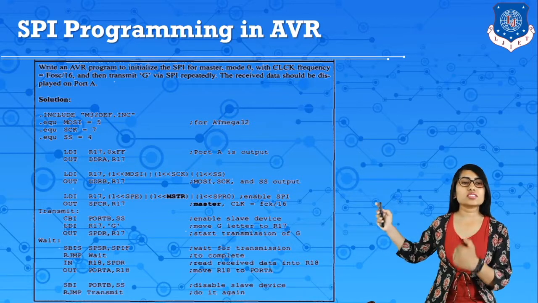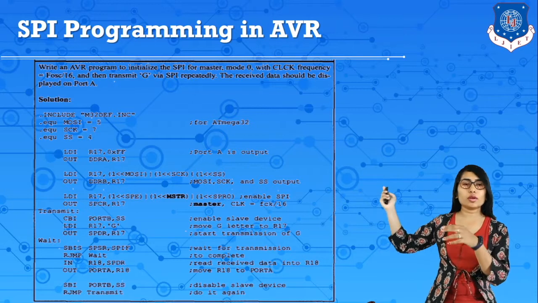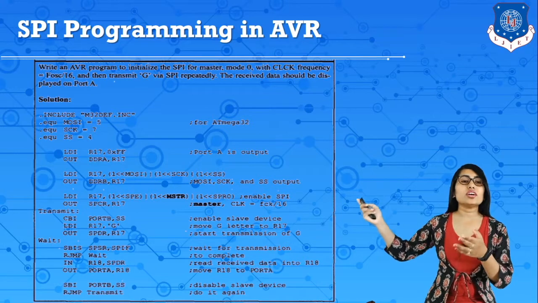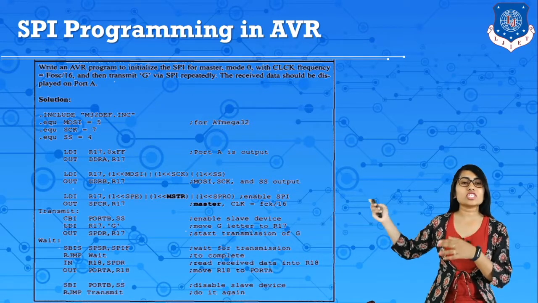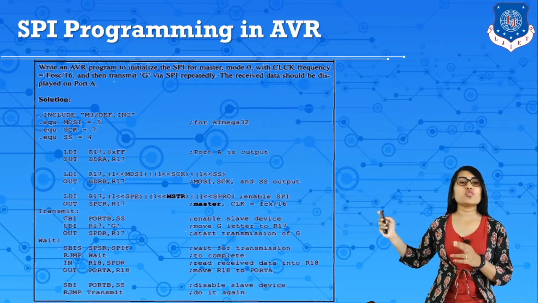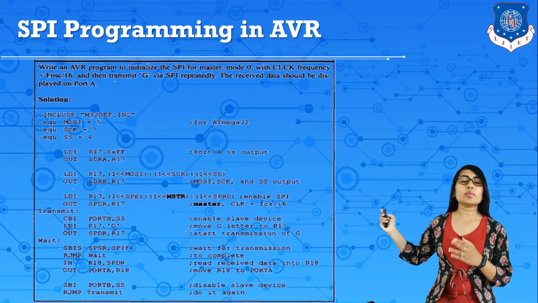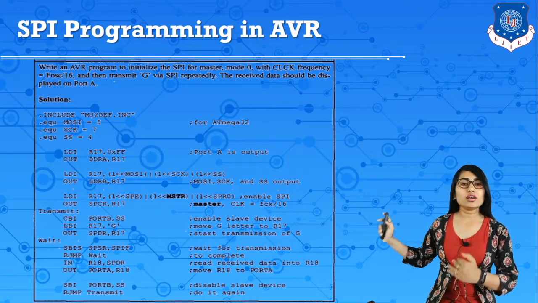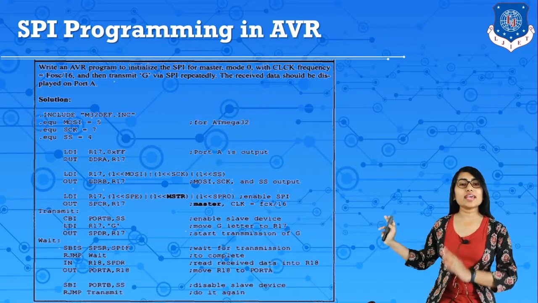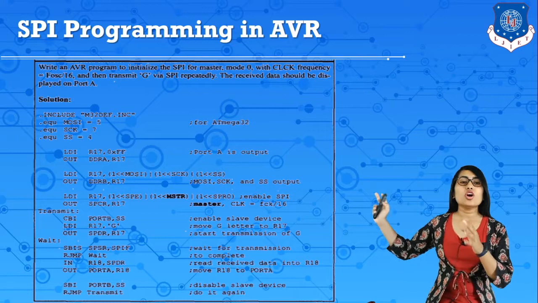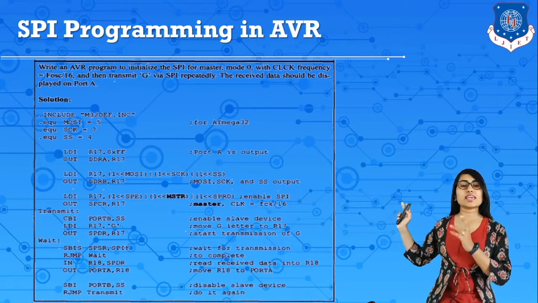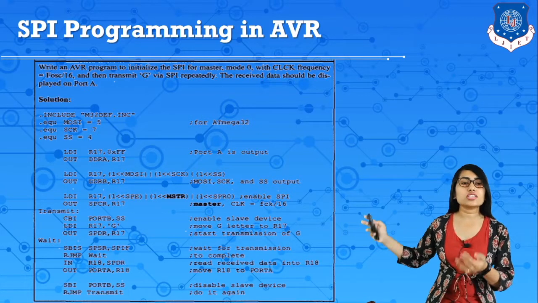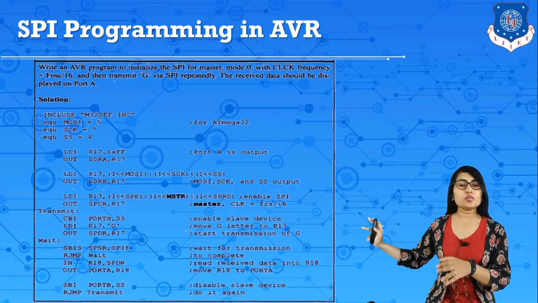So here we initialize some values, this is the setup for SPI. Here m32def.inc, then here we assign values for MOSI, that is 5, SCK 7 and SS 4 for ATmega32. Now first make port A an output. For that DDRA is equal to FF, then set MOSI, SCK and SS as output by deciding these pins: 1 for MOSI, 1 for SCK and 1 for SS, and these bits are copied and sent to the DDRB register.